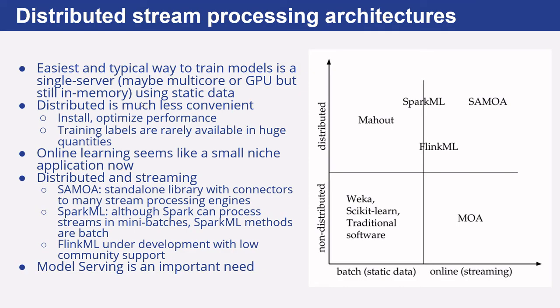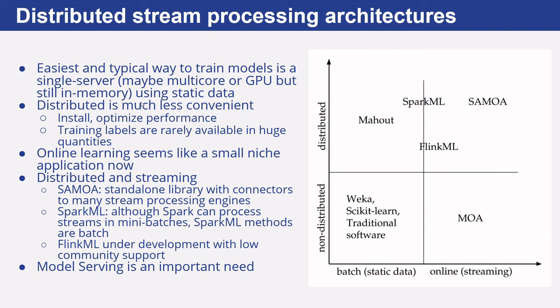Distributed data stream processing algorithms arise when we have to process a data stream that doesn't fit into the resources of a single machine. The easiest and typical way to train models is using a single server, maybe multi-core, maybe a GPU, but still in memory and using static data. Distributed is much less convenient. We need to install, manage a cluster, optimize the performance, and